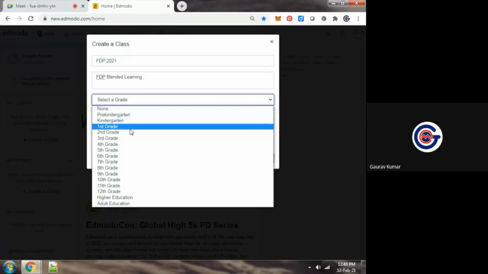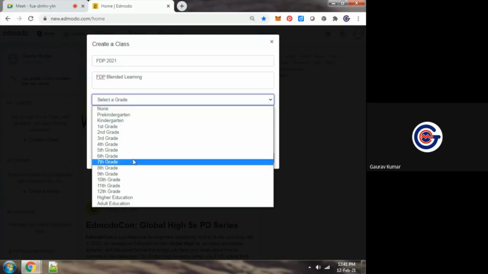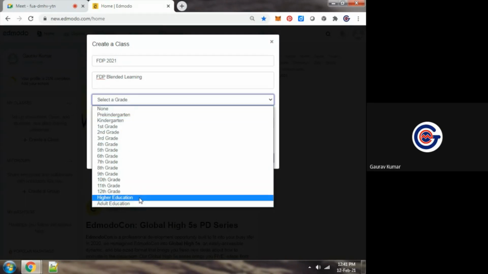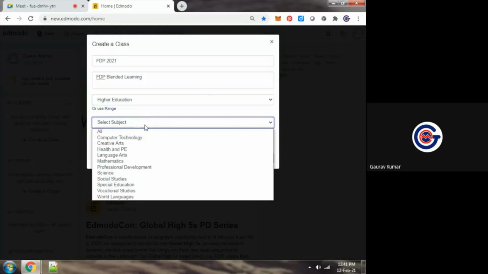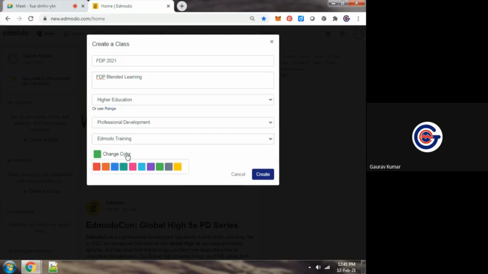Even for schools we can use this platform. So for higher education, what is the subject? Different subjects, for example, professional development, anything. And what color do you want to use?